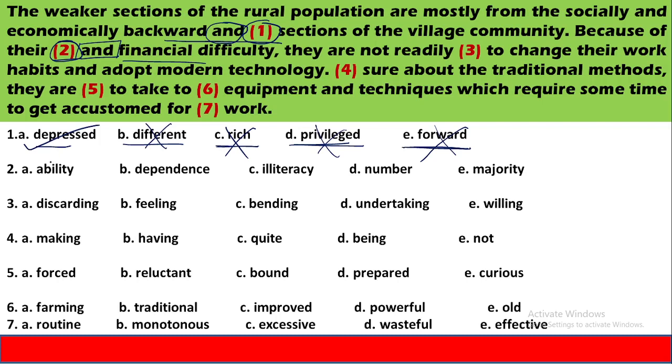So this is a neutral word, but here we need a negative word. So I will rule out this option also. Dependence and dependency both are nouns, but the word which is given here is dependence, so we have to consider this only, not dependency. Dependence is often or usually followed by the preposition on or upon, which is not present here.